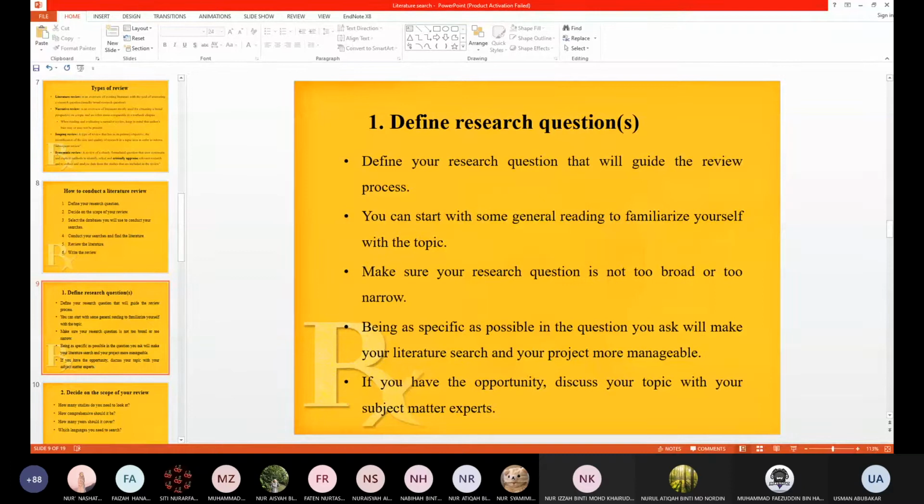So depending on your topic, you have to look at a broad range of issues. Usually, I think for most of you, you may not have a very narrow research objective. So usually you have different components. That's why it cannot be narrow. It has to be broad in some way. Okay, but it is important that you make it